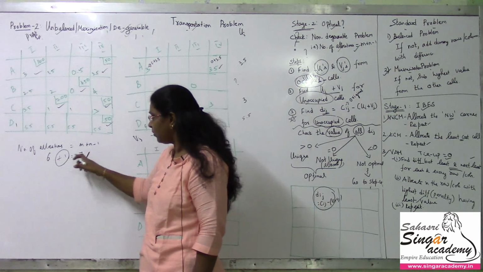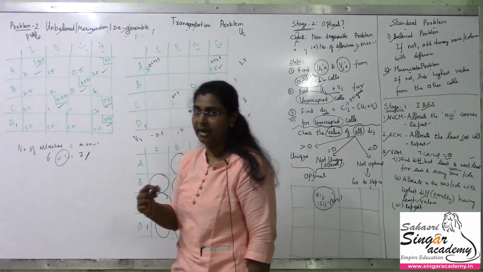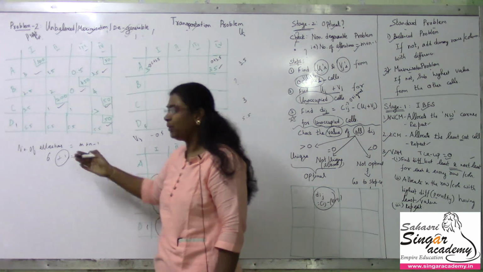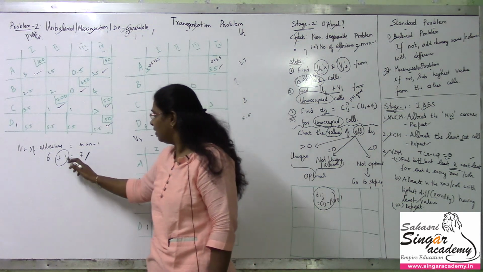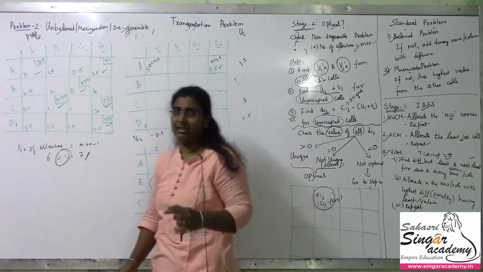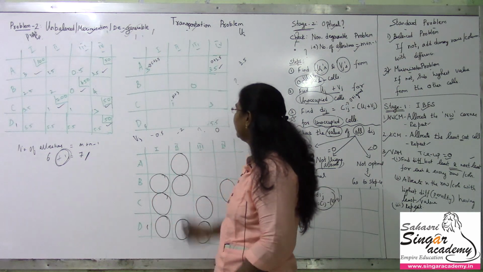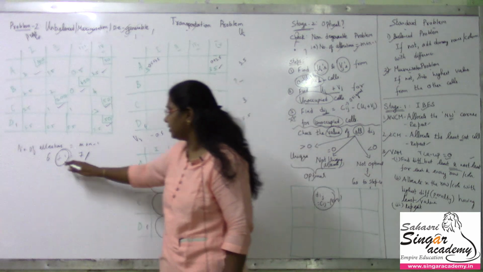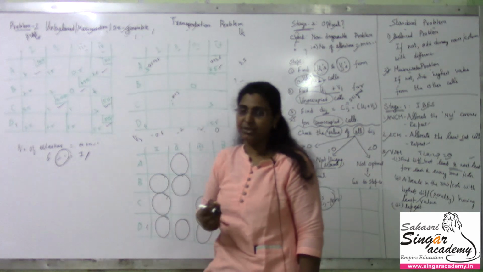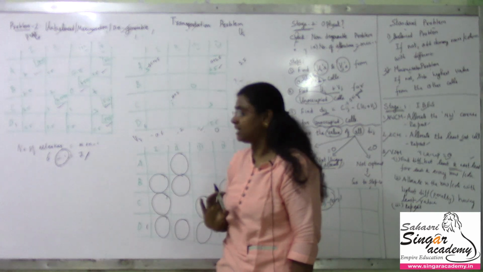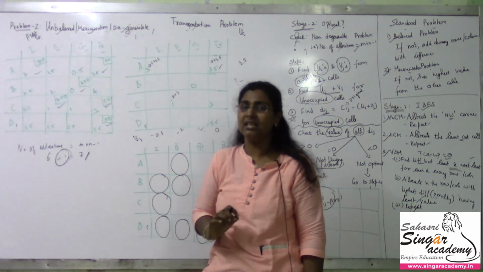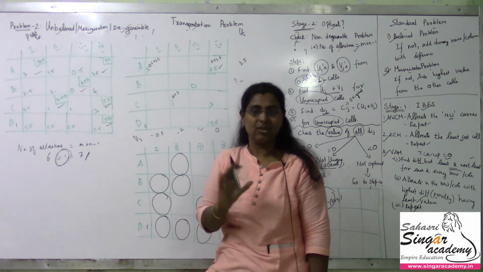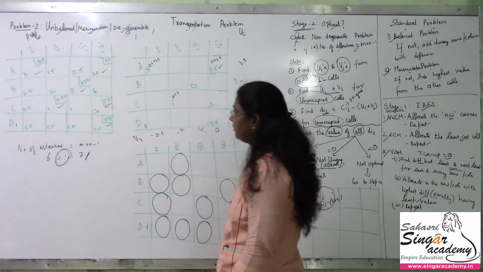If the number of allocations we made here was equal to 7, then it would be quite simple, we would directly get it. Because there is one allocation short, we are getting this problem. So we will try to make one extra allocation. It is our assumption that we can make it anywhere, and yes, we can make it anywhere, but we still need to follow the logic. The least cost cell will be given preference.